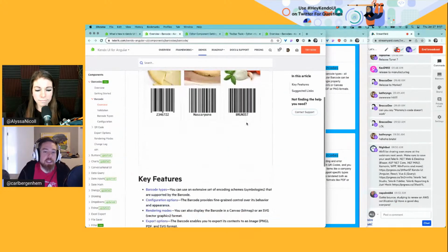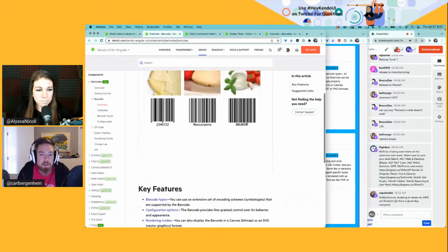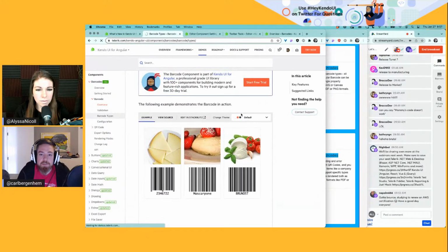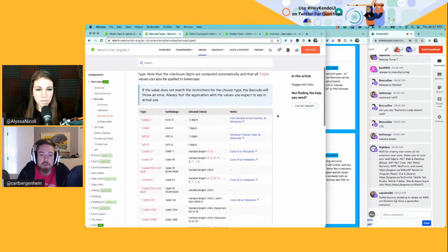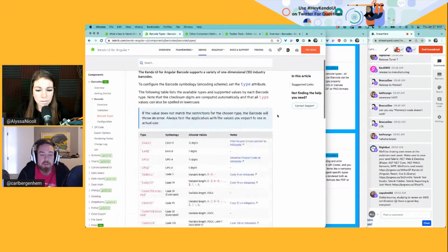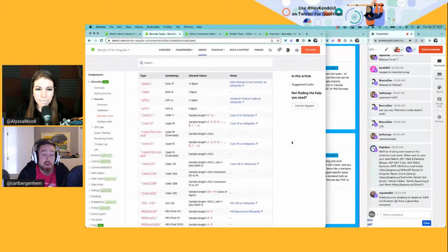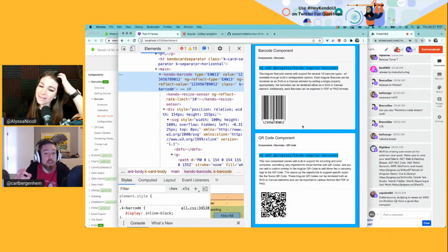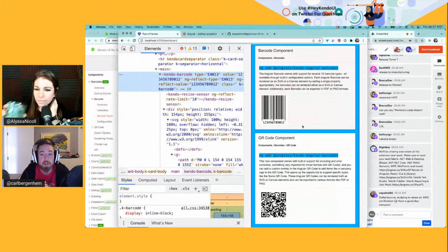Yeah, QR codes. There are also some specific types there, but what's nice about a QR code, at least, is that you're representing an underlying value, like a URL or something like that, which makes it a little bit easier to generate. You don't necessarily have to have a ton of different types. For example, what we did in a previous release for QR codes in general was add the overlay ability, which is available out of the box here with the Angular barcode. So you can add a custom logo in the middle,